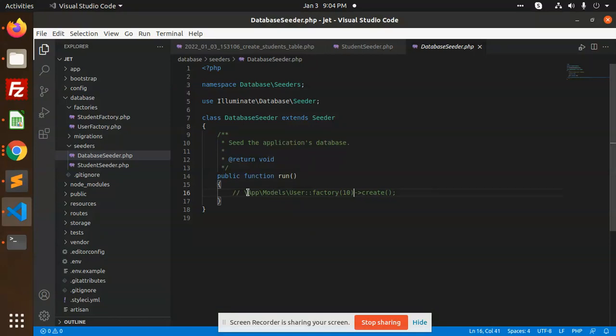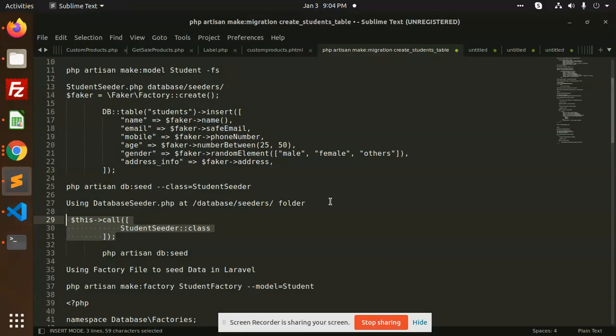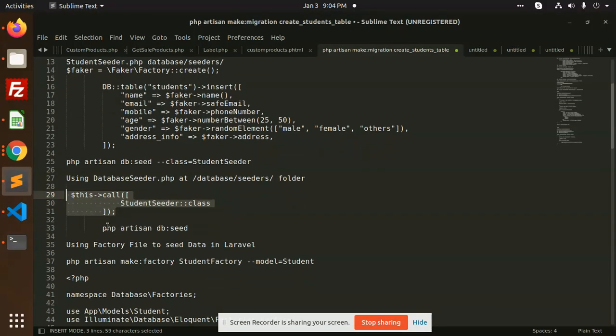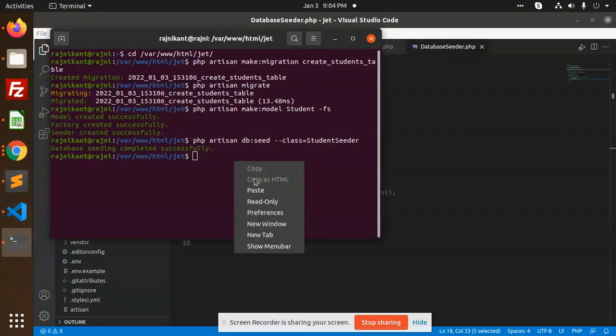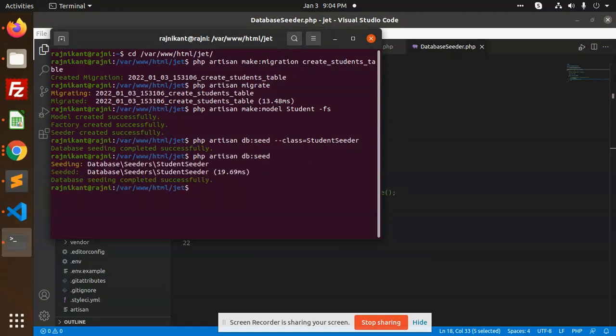I'm going to use this call, or you can add it here. If I uncomment this app models, here we are going to add, but in the model we haven't defined anything. So this calls the student seeder class we are going to add. Then we will run php artisan db:seed, seeding database seeder and student seeder, right?